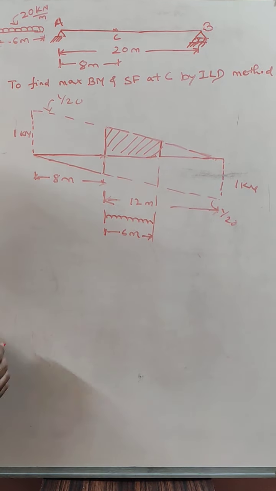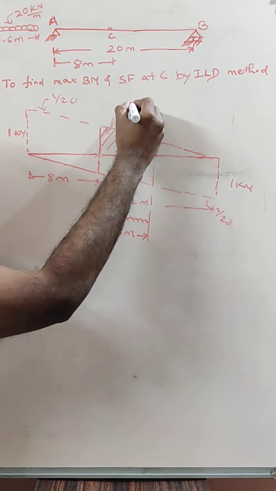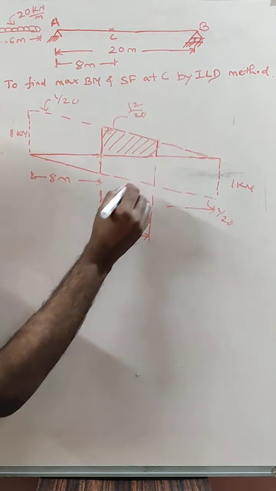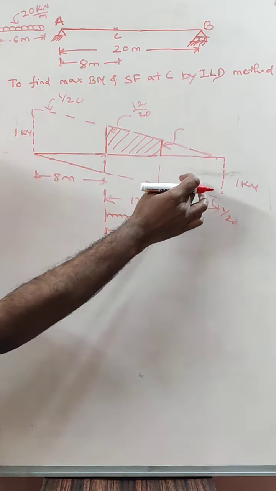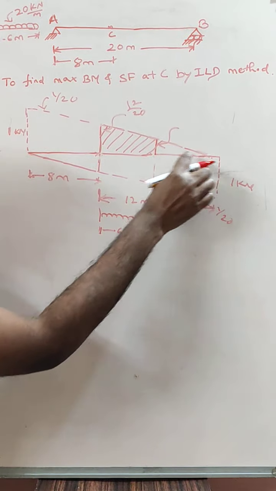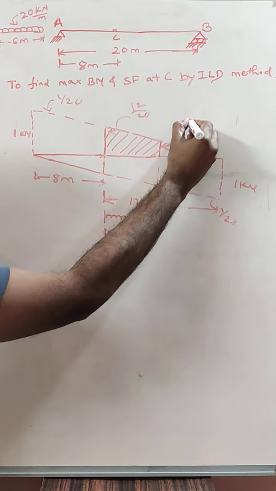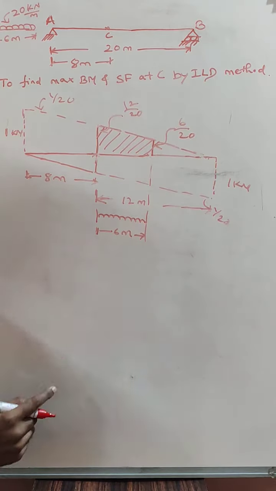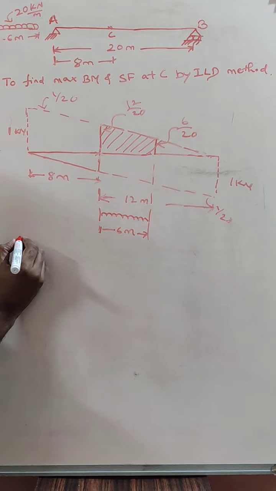So how to find out this area? We know already this is 1 by 20 into 12, so this is 12 by 20. And how much is this? This is 1 by 20 into how much? This is 12 and this is 6 meters, so it is 6 by 20. So this ordinate is 12 by 20, and this ordinate is 6 by 20. So maximum